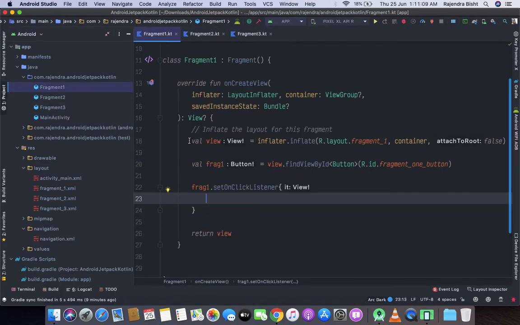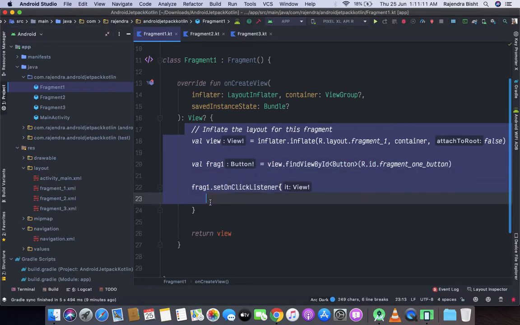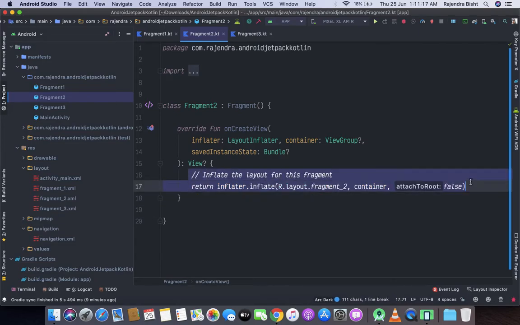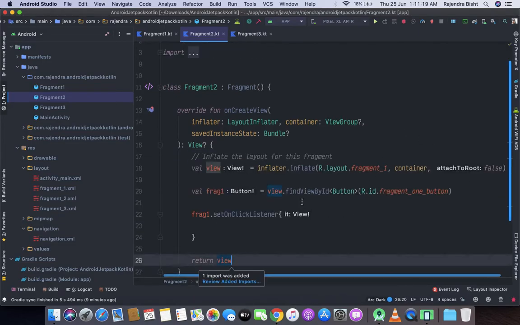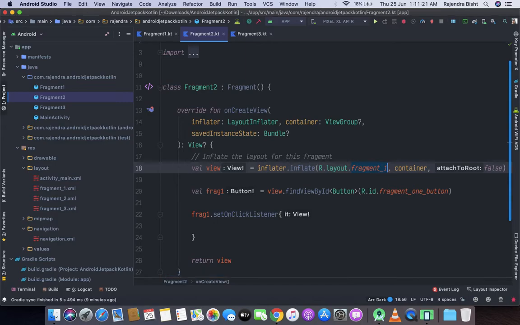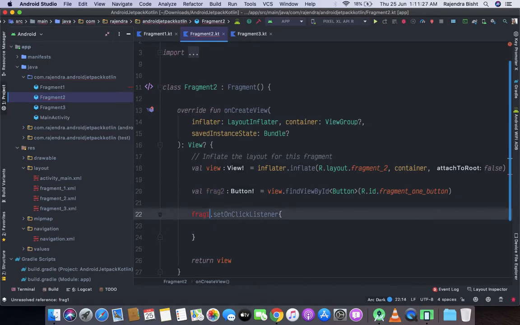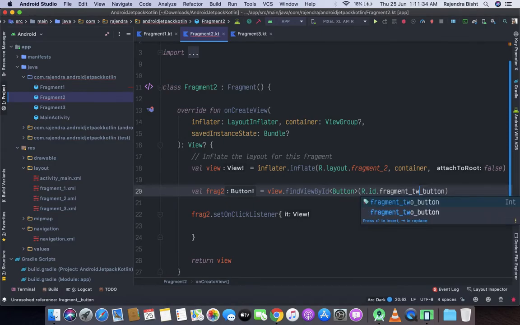Here I'm going to copy this code and paste it in fragment 2. We need to change this to fragment 2 and here frag 2. The button ID is fragment 2 button.